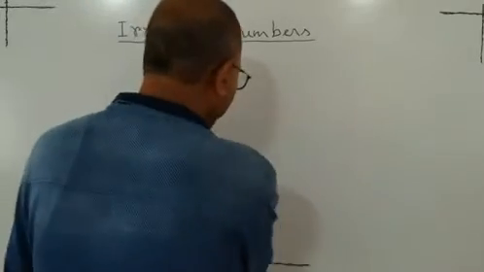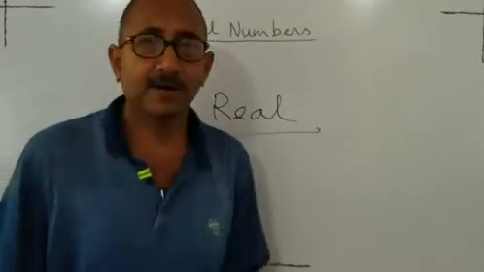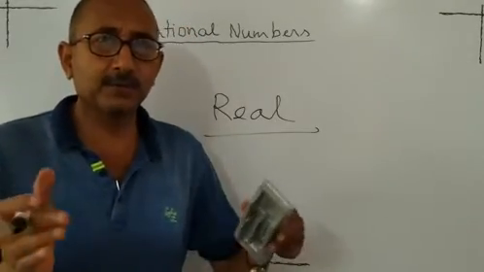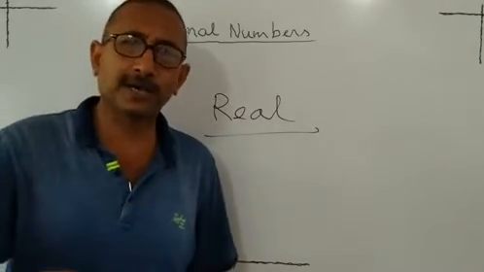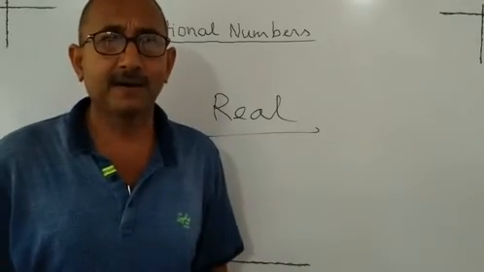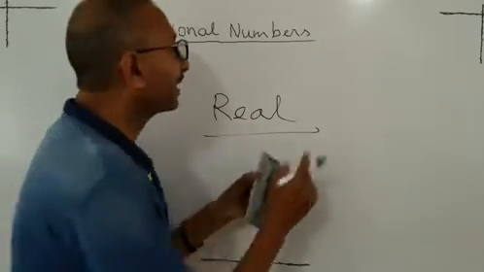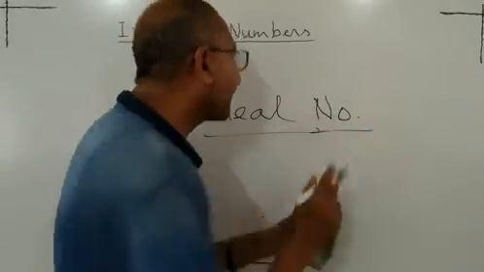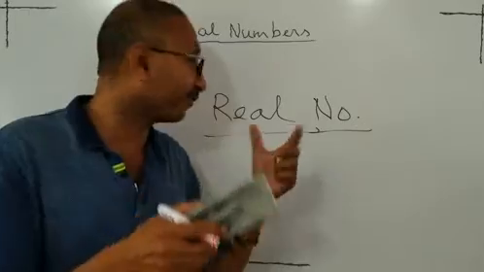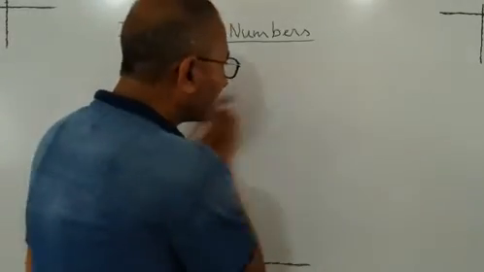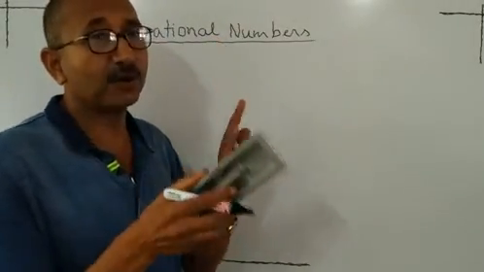So now comes the question: what is a real number? This is very new for you maybe. Real number is nothing but you get a big huge tumbler. In that tumbler you put all the rational numbers, you put all the irrational numbers, put them together, and then what are you going to get? Real numbers. So all rational and irrational numbers together form the real numbers. So all real numbers can be represented on the real number line. Therefore, irrational numbers can also be represented on